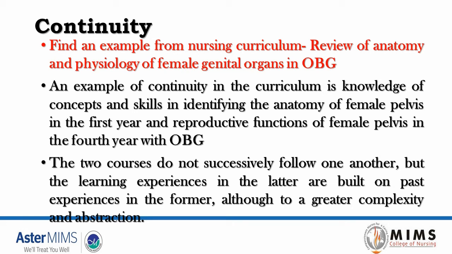and we may say about the types of pelvis. But when it comes to fourth year, you will continue a review of the female pelvis, and you may go for more on the anatomical and the physiological parameters which help the female to bear a baby inside their womb, and the different landmarks, parameters, then the different diameters, and how the fetal head comes during delivery, and what is the relationship between the floor of the pelvis and the introitus and also the head of the baby, all these things. This will be learned in the fourth year. First year they are introduced to the female pelvis. So continuity,